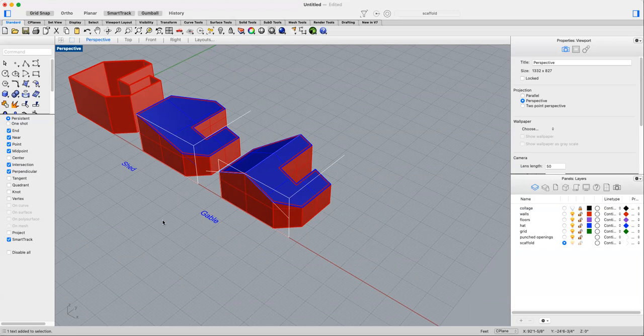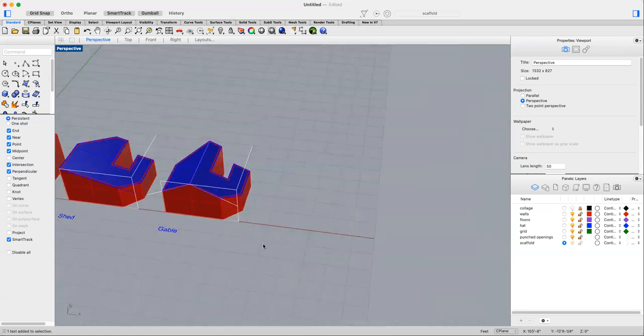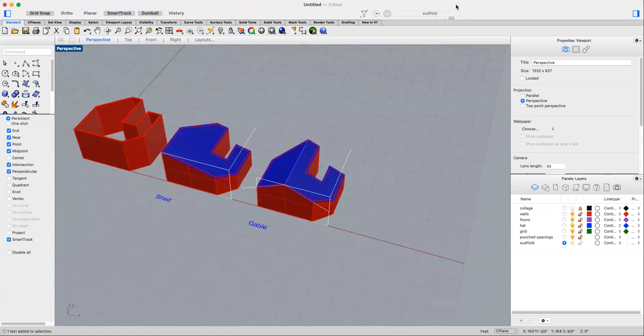So let's do another gable, or let's maybe not do another gable. Let's try something else. We've got a shed, we've got a gable. Let's do a sawtooth roof. And I'm going to